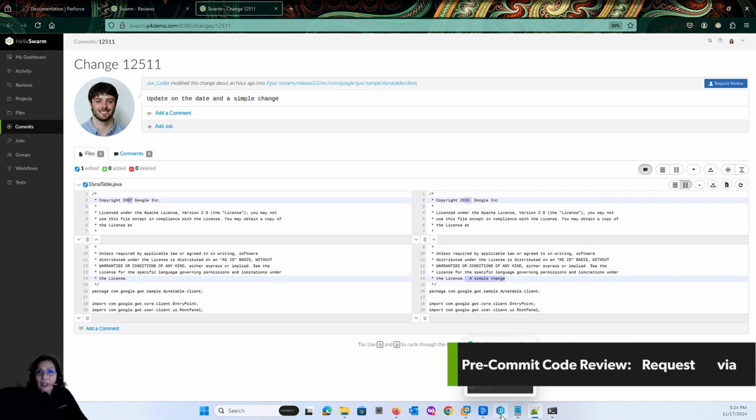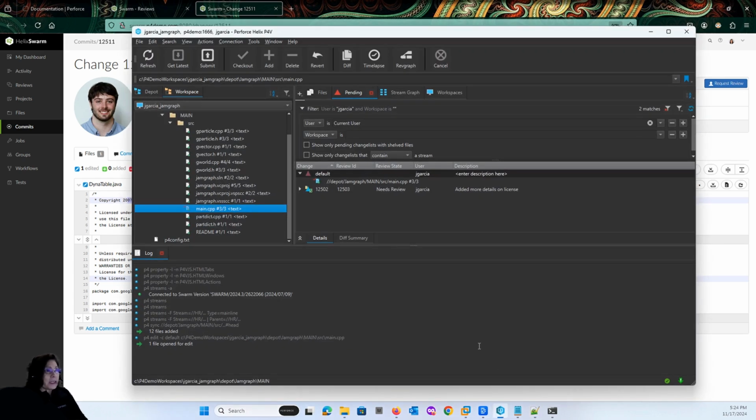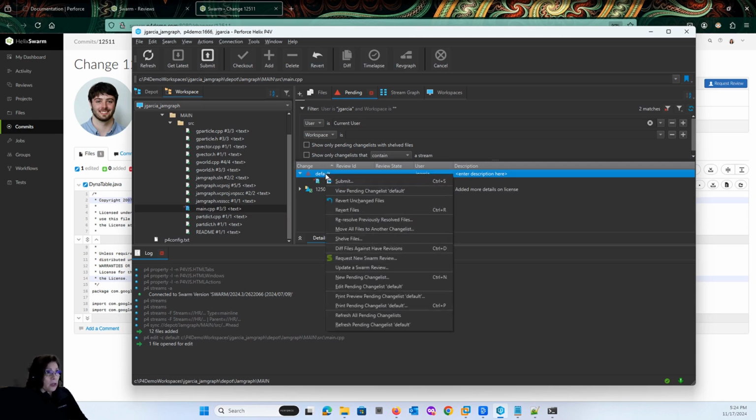Another way you can request a review in Swarm is by going into one of your clients, for example, P4V. I'm just going to bring up that P4V client, and I'm already working on a particular change. I've already got my changes in there, but I want to request a review for that. So it's really simple. All I have to do in P4V is go to my default change list or the numbered change list, and in here I right-click, and I say request a review